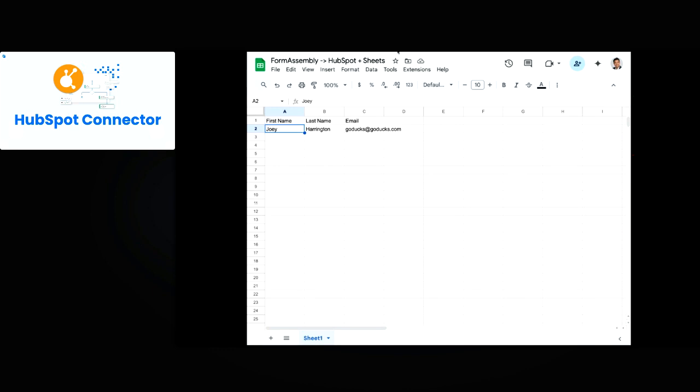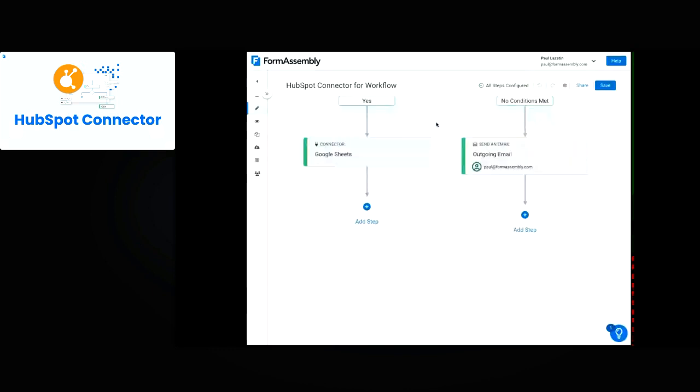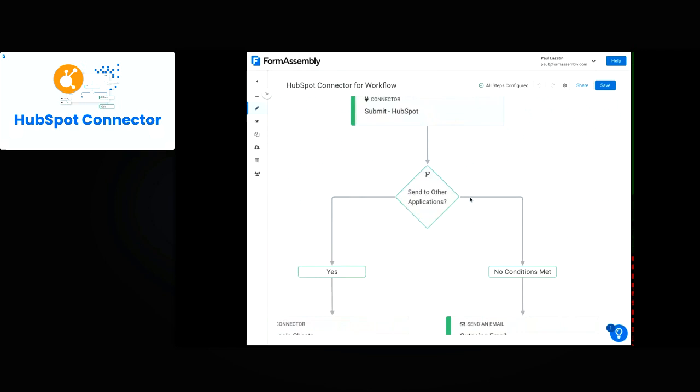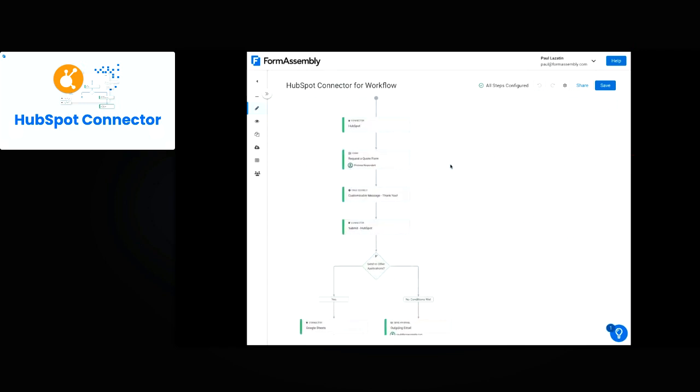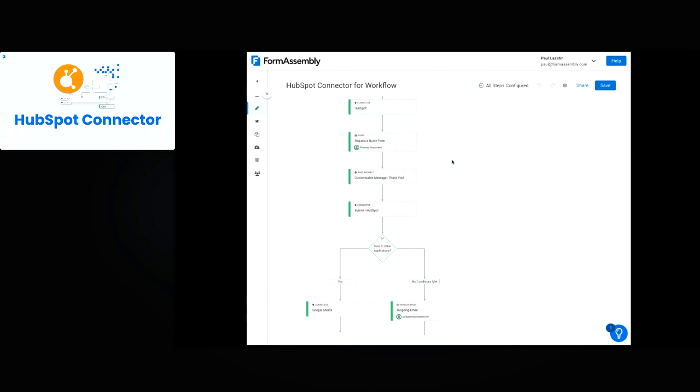Now I'm going to go back to the workflow. Okay. And I'll be wrapping up here. I just kind of want to show you the expanded view of this just so you can kind of see what it looks like. But what's powerful here is, again, we're not just capturing the information. We're moving it through multiple processes. The form becomes the first step in the customer journey, not just a data collection or simple ingestion point, no retyping, no broken processes,